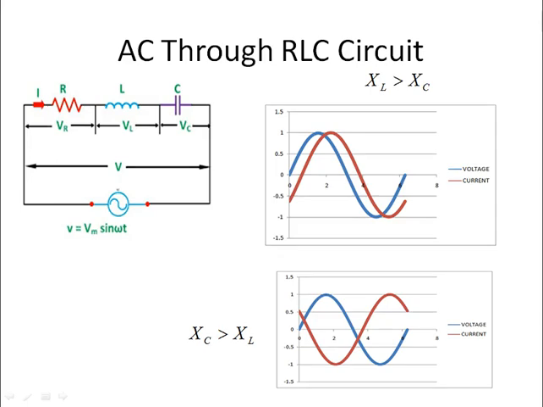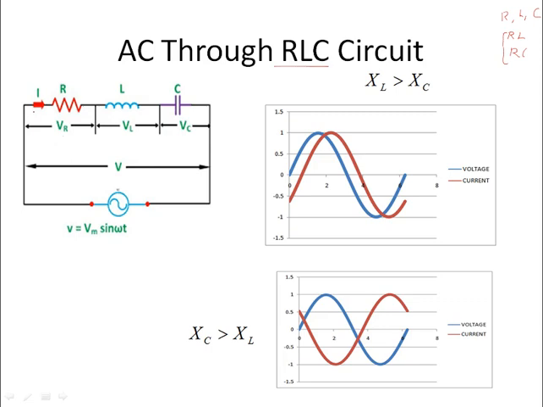Morning. So today's session is AC through RLC circuit. We have seen AC through pure R, pure L and pure C, and again separately RL and RC circuit. Here we are going to see it for a combination of these three. So see here, we have taken a resistance, inductance and capacitance where the voltages are VR, VL and VC, and